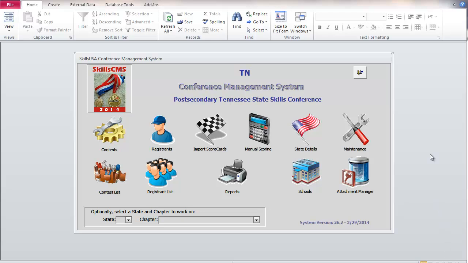This video will walk through how to use a customized name badge label within the SkillsCMS system. For example, if you want to put your own state logo or something on the label, or you need to adjust the size or layout of the label or fonts, you can set up your own custom label. This isn't so much about how to customize reports in Access, so much as how to copy your own version of the badge report back and forth between